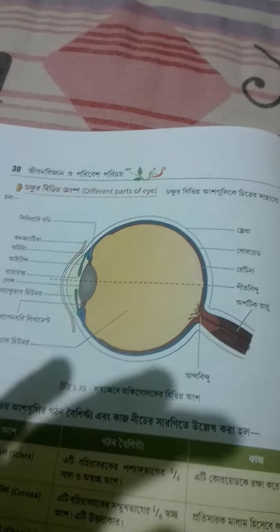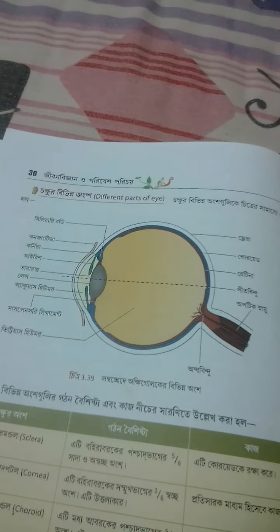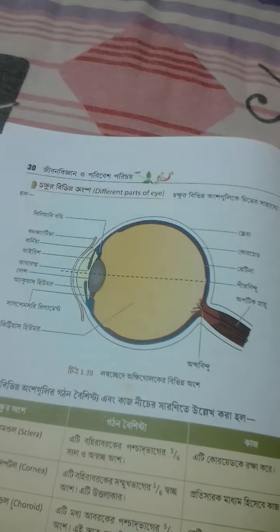And if we see, then we can find out that when a light strikes the cornea, it bends or refracts. যখনই কর্নিয়াতে এসে পড়ছে তখন এটাকে কী করে, এটা বেন্ডস করে or refracts, মানে কী করে জানো তোমরা, এমনিতে কর্নিয়া প্রতিসরক মাধ্যম হিসেবে কাজ করছে, তাই it refracts the incoming light onto the lens.